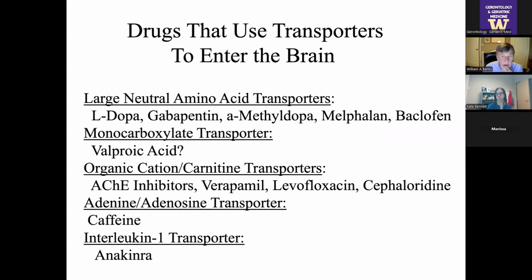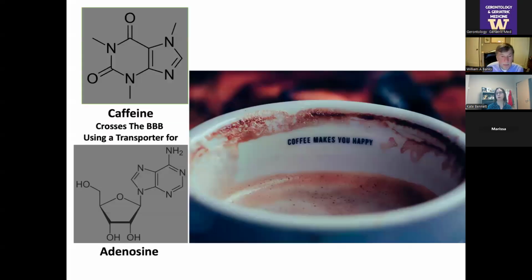So there's lots of plays on this kind of thing with the large neutral amino acids, and classic drugs, including gabapentin, get into the brain this way. But about 90–95% of the drugs we use for brain diseases are small lipid compounds, and not many drugs have been developed to use transporters. And so eventually, I think this will become a major area of drug delivery to the brain.